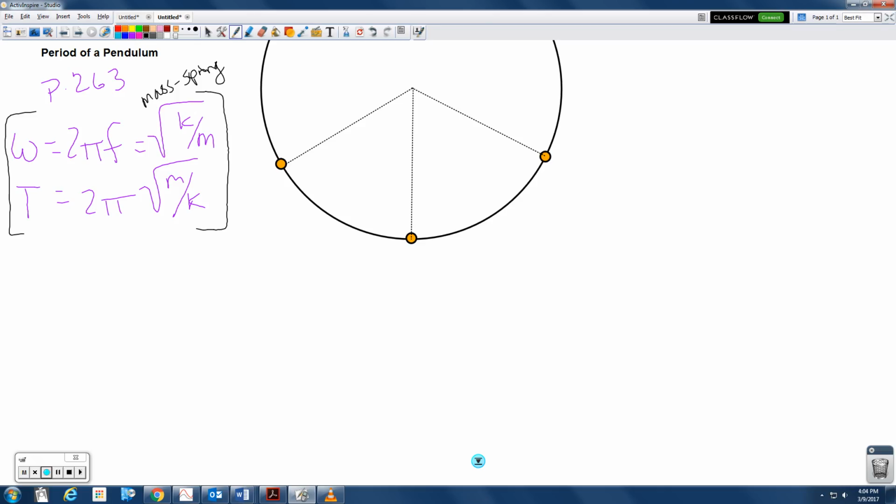This is in 10.4. The simple pendulum consists of a particle of mass m. That's my orange dot over here. You can see it at 3 different places. This is my image of a pendulum at 3 different points. It has a mass m attached to a frictionless pivot P by a cable of length L. So this dotted line is length L. It's not going to expand or contract, it's rigid, and that length L, that cable string, is of negligible